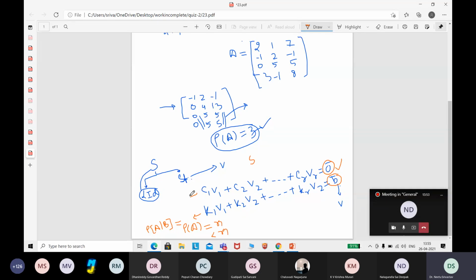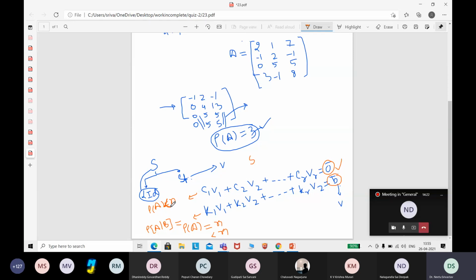But in this condition, when you have homogeneous, you will have only one condition. What is that? The rank of A should be equal to the number of unknowns, then it will have which solution? If it is equal to the number of unknowns, then what solution you will get? Trivial solution. So it should always have less than this. Rank should be less than the number of unknowns. Correct. So let us see this thing I just explained to you.